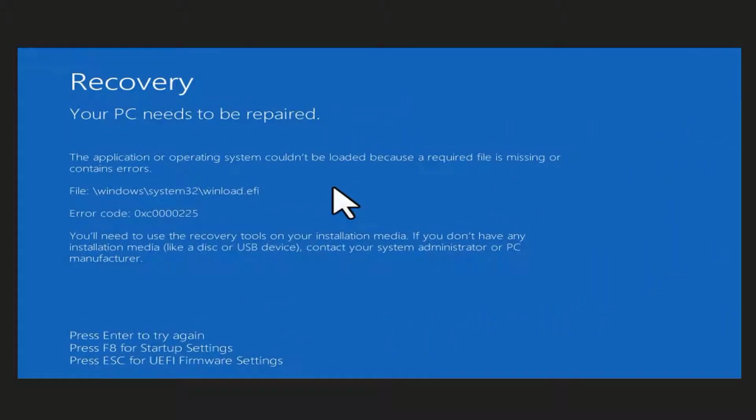Hi there. In this video, I will guide you on how to fix the "Winload.efi is missing or contains errors" message. This error message can be different from computer to computer, but the file row mentions the winload.efi file at the